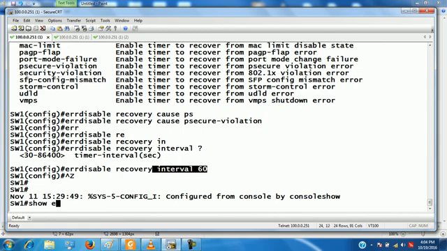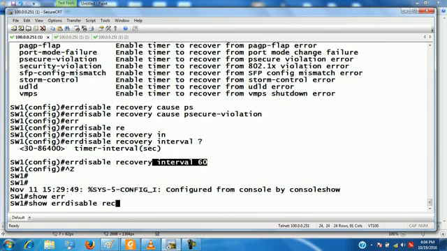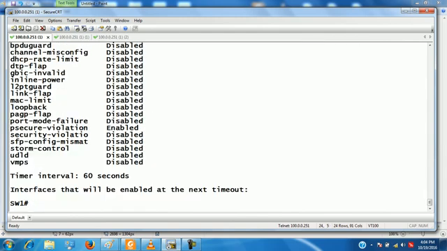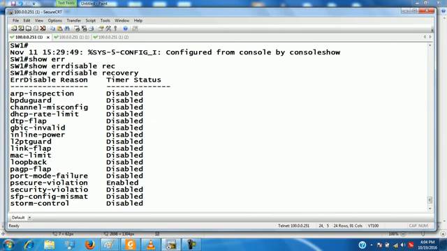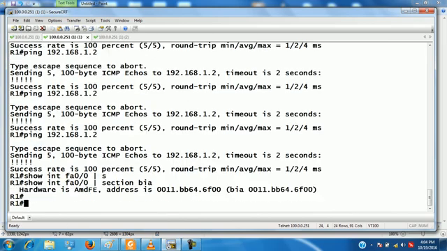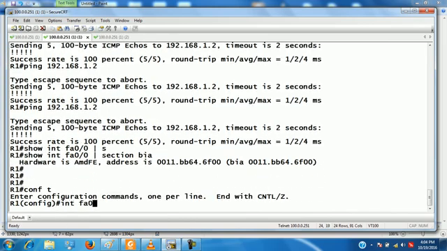Show errdisable recovery. For which cause have we enabled it? For port security violation. And what time have we set? 60 seconds. Let me change the MAC address again, so there will be a violation.